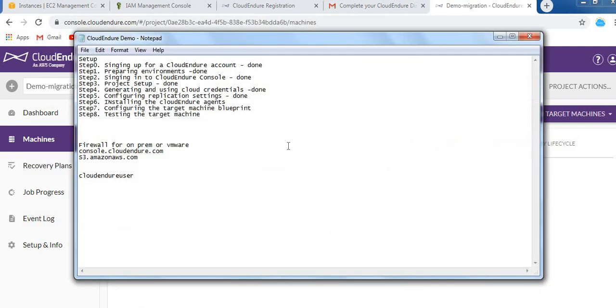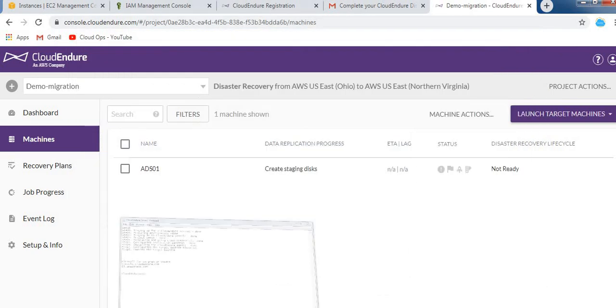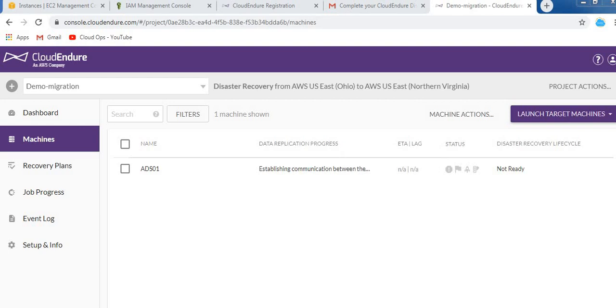So what have we done so far? The installation of the agent is done. Now what's pending is configuring the blueprint. Okay, so let's do that. Now it has started the replication.